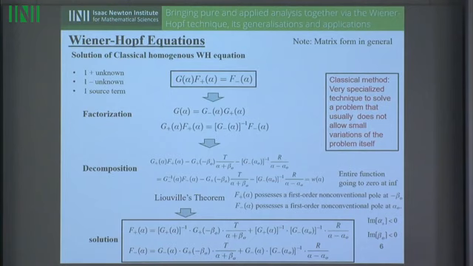So F plus possesses a first order non-conventional pole at minus beta 0. So minus beta 0 is in the upper plane. F minus possesses a first order non-conventional pole in alpha 0. Alpha 0 is in the lower half plane. So from here we extract this kind of poles that is non-standard. We make the decomposition, and as done in non-homogeneous Wiener-Hopf equation, now we have a left-hand side that is